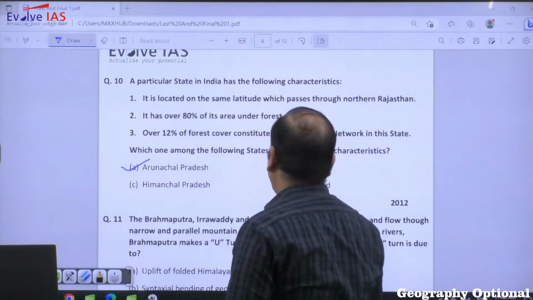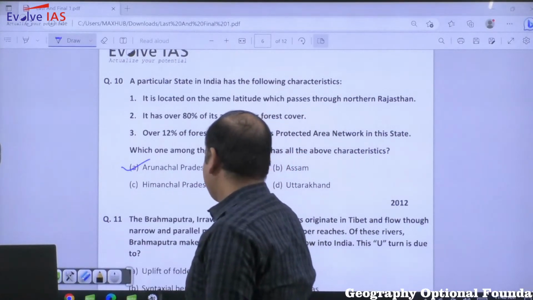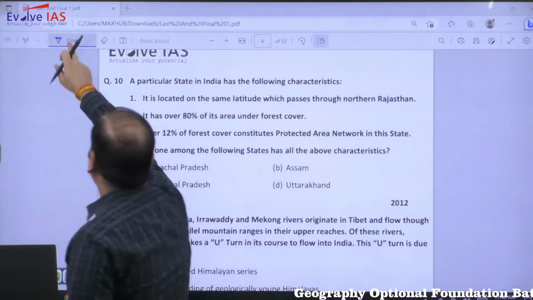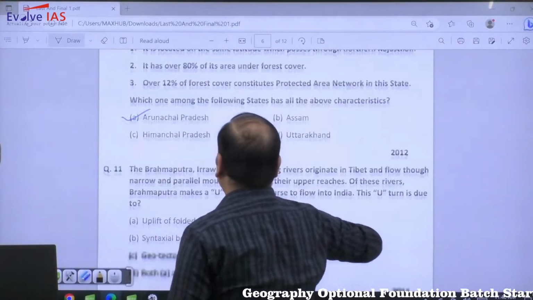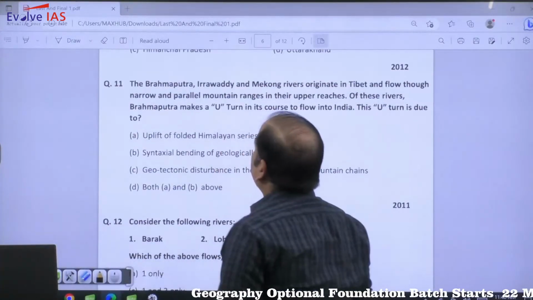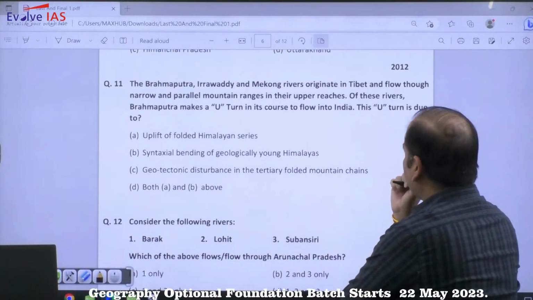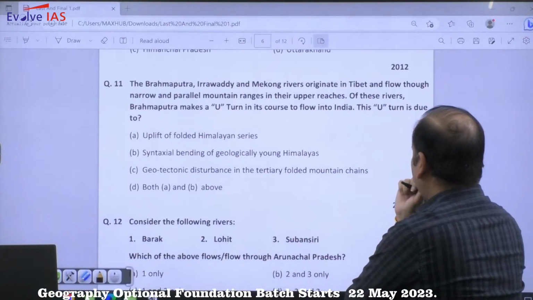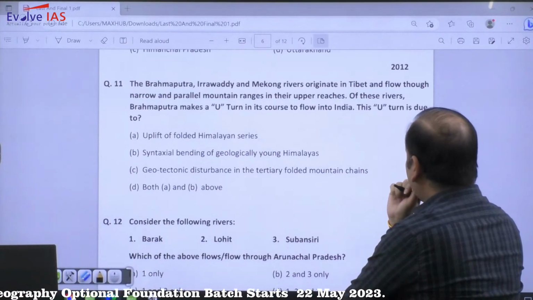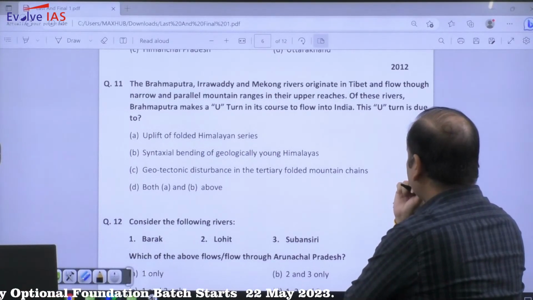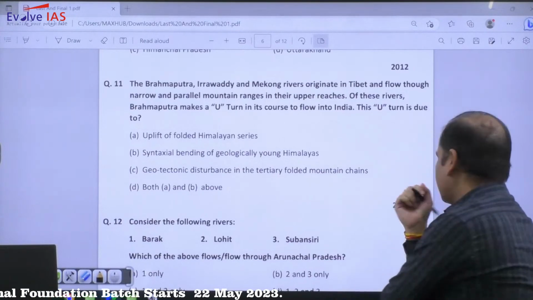All right. Moving to the next question. Question number 11. The Brahmaputra, Irrawaddy and Mekong rivers originate in Tibet and flow through narrow and parallel mountain ranges in their upper reaches. This question has been asked in